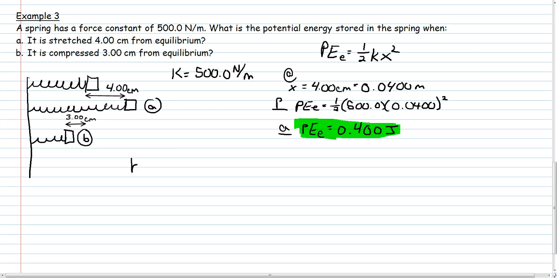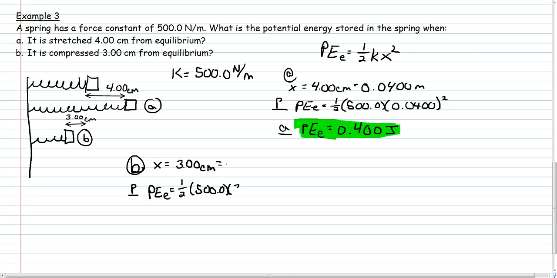Now let's look at scenario B. In scenario B, my x equals 3.00 centimeters. Now, I know it's going to the left, and we said left is negative, but once again, the energy is a scalar. And if we look at this equation, if I put a negative number in for x, I'm just squaring it anyway, and a negative times a negative just gives me a positive. So let's go ahead and plug in. PE elastic equals 1/2 my spring constant 500.0 times my x, which is